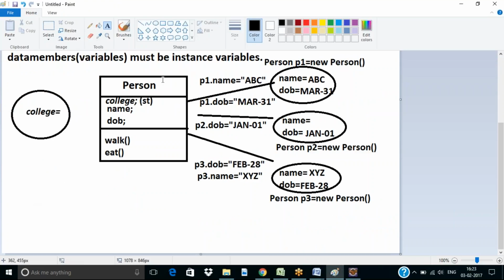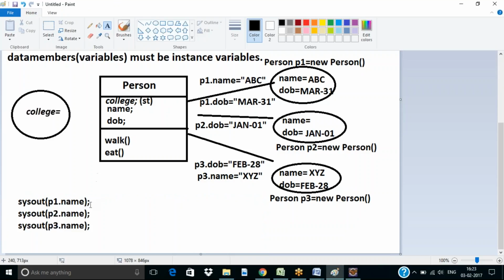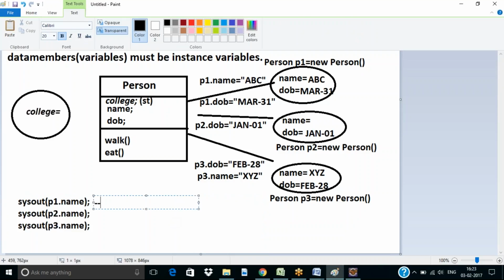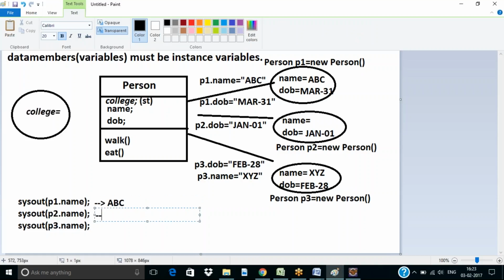Okay. Now if you try to display these values in the system.out.println, when I say p1.name, as well as p2.name and p3.name, so what would be the output? For p1.name it shows ABC, right? P1 name ABC. Next, for P2.name,